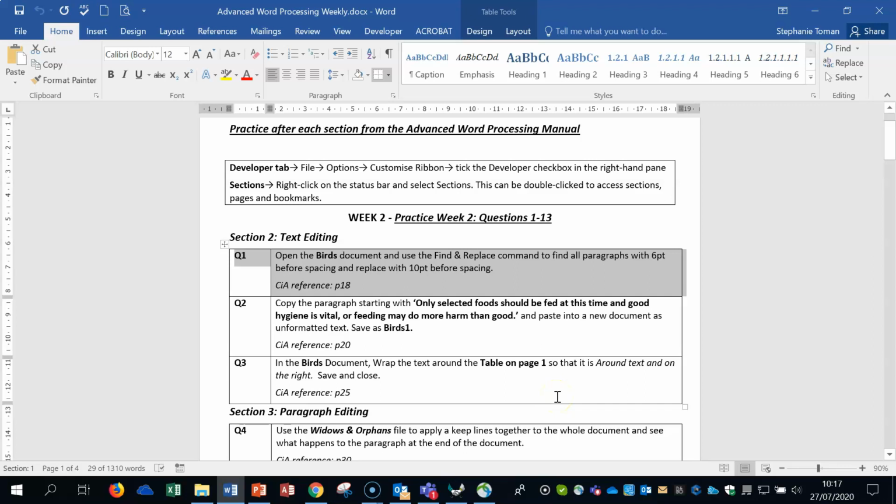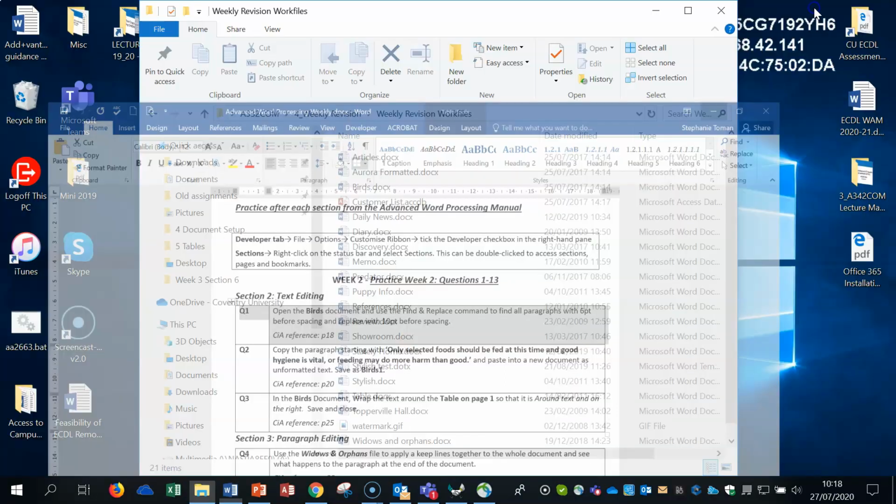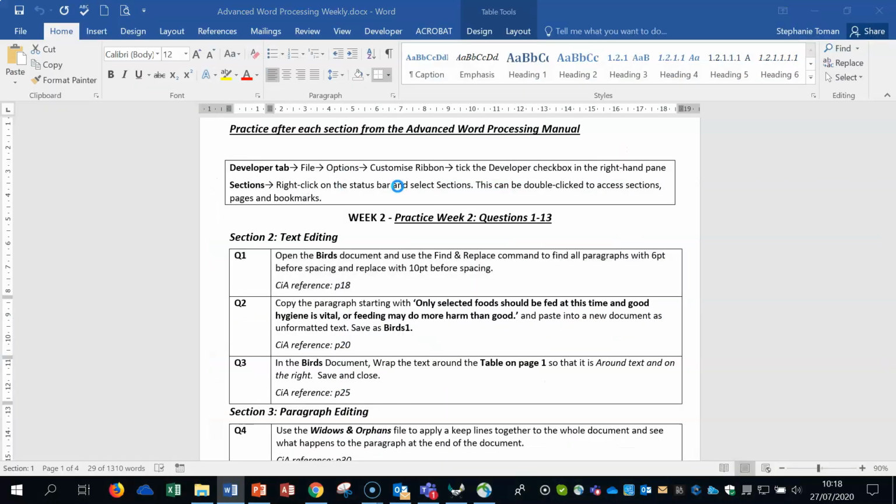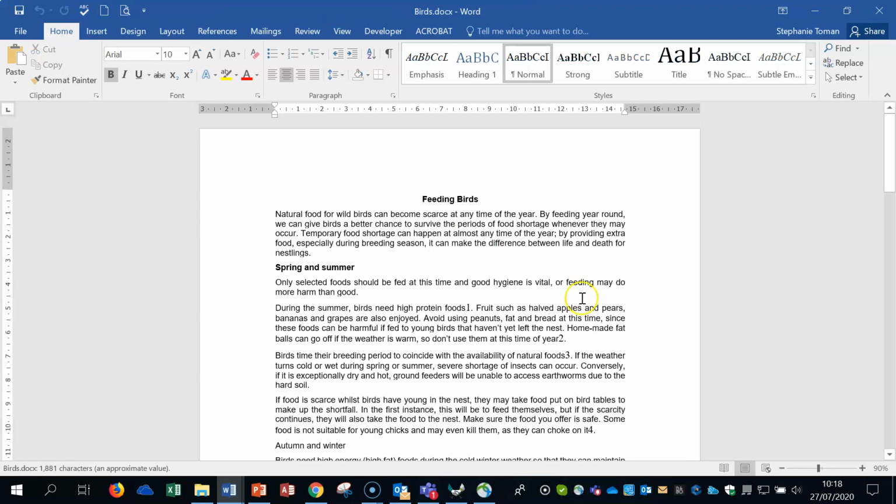is to open the birds document, use the find and replace command to find all paragraphs with 6 points before spacing and replace with 10 points before spacing. So let's go and do that one. So there's the birds document, open that up. And here we have it. So in order to get the find and replace to find things like spacing, we need